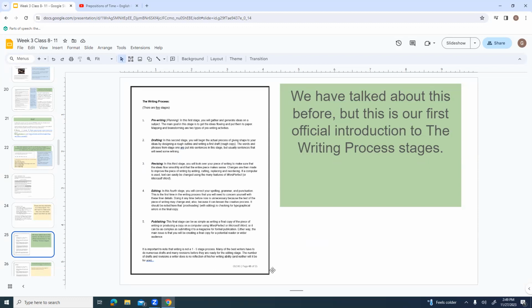I want to point out too, some people feel doing the outline would be part of planning rather than drafting. I kind of agree with them. I think it should be over here. It doesn't really functionally matter as long as you do it. Outlining is just the idea of putting your ideas in the order that you want to talk about them. So if I was brainstorming, I may have ideas all over this page, but once I go to outline, I'm going to number them or cut them up and put them in order, or in some way make it clear what I want to come first. Because again, it just frees up my working memory to be able to write down my ideas.